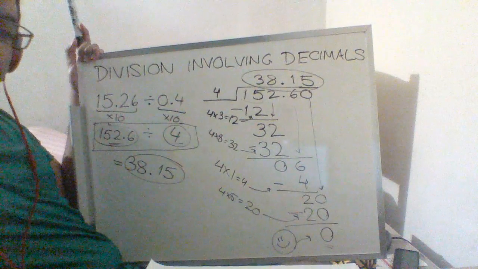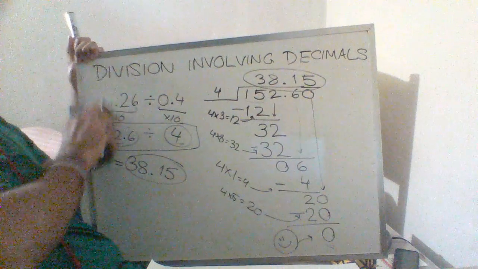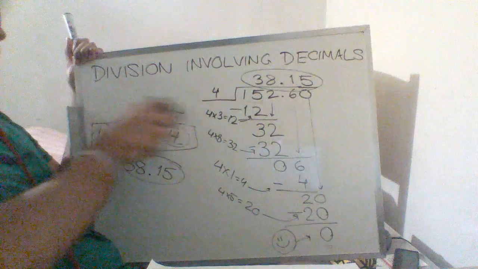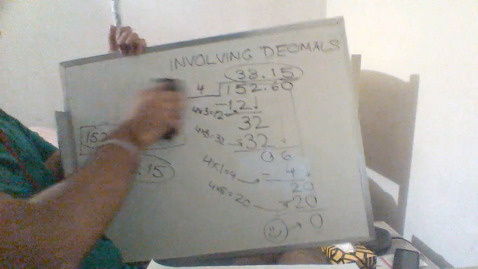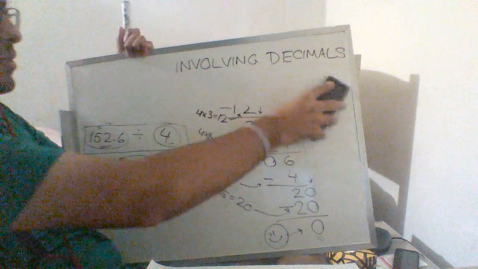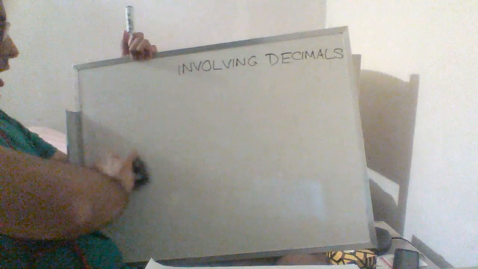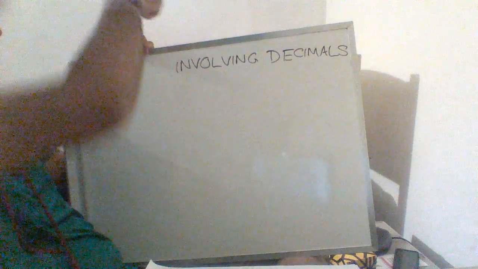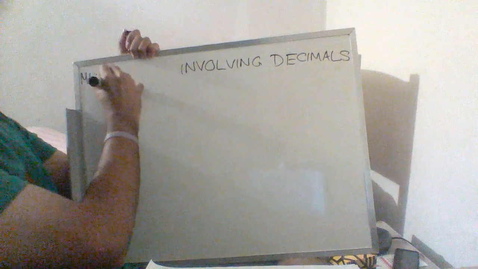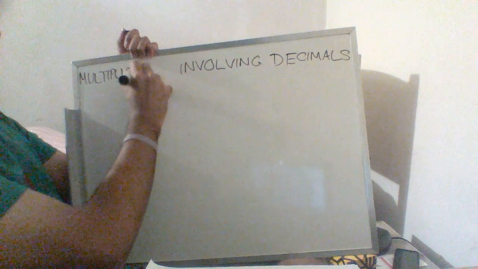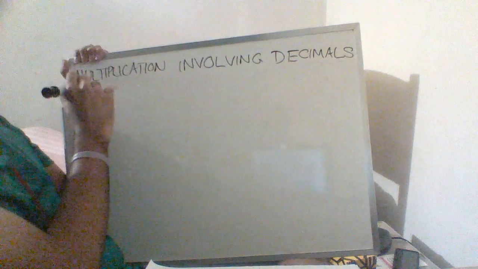So I'm just going to wrap up this video quickly with at least one, but possibly two examples, two if it goes quickly, of lattice multiplication involving decimals as well. So I'm going to get rid of this problem. It'll also give us a chance to revisit lattice multiplication one more time before your test review. So back to multiplication involving decimals. And so we're going to do the problem